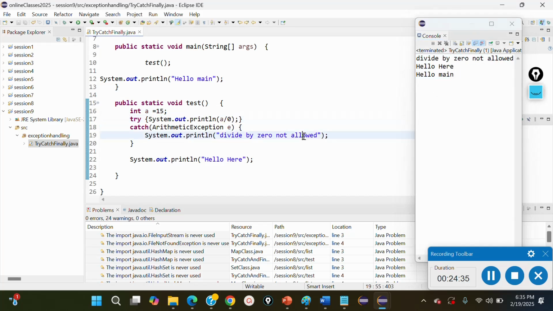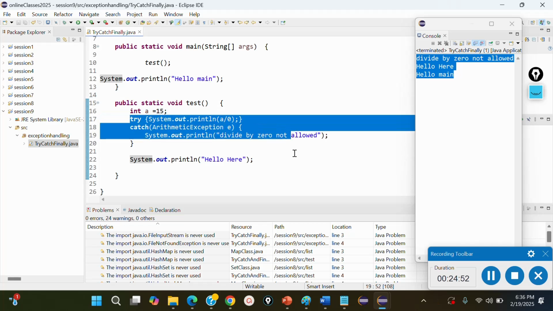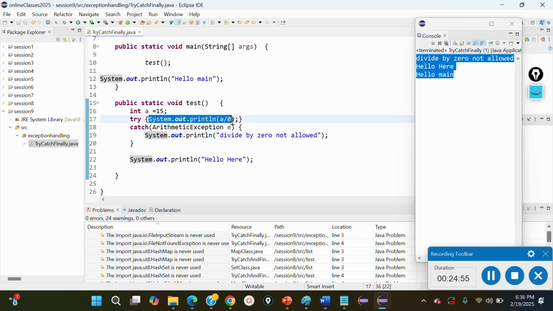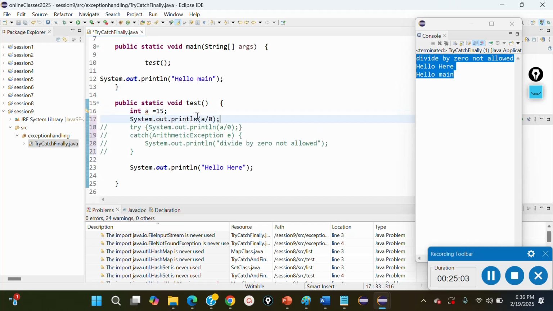So, for this piece of code, we do not need to handle it explicitly like that. But even if in some places it is required, we can handle it by using try and catch block. Now, can we use the throws keyword? Is it possible to use the throws keyword for this kind of exception? Let's try that. Let's take this piece of code from here and make it a comment, and let me put this piece of code here. As I know that this is the arithmetic exception, let me put the throws keyword here, and I am taking this arithmetic exception